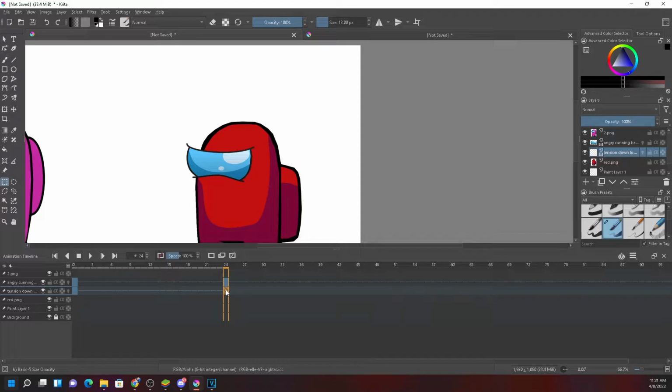At the 24th frame the eye will be disappeared because I have cleared the frame over here. Until frame 23, the normal eye will be visible. After frame 24, it is not visible.